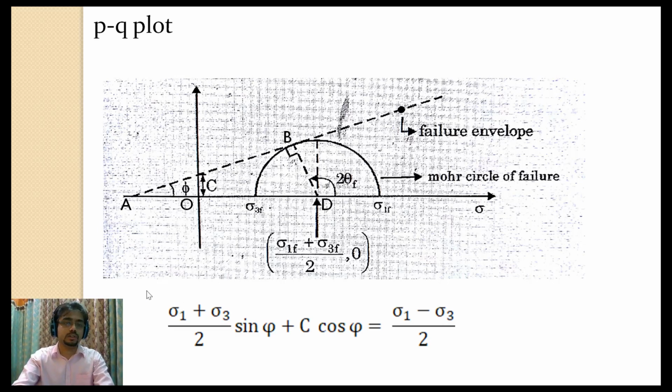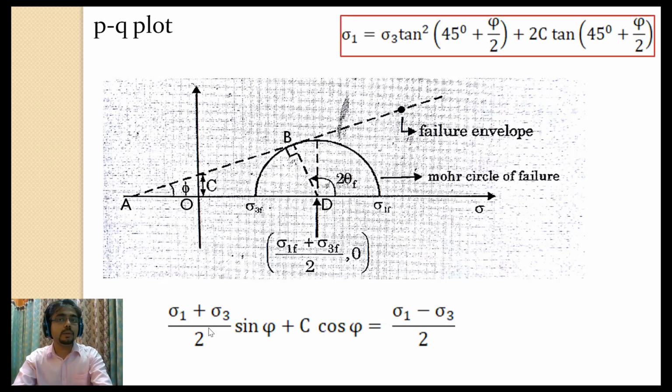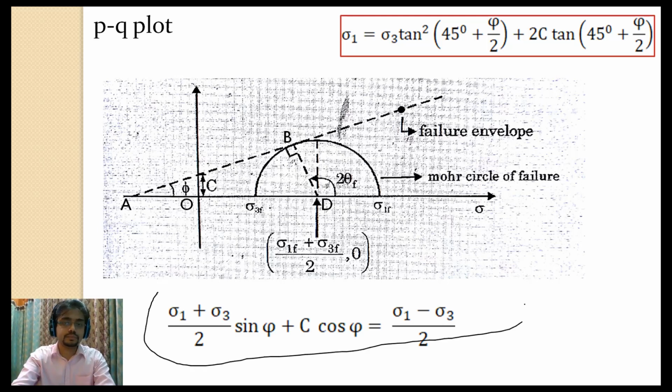The equation is given here at the bottom. So this equation should always be known to you. Why? Because this equation was derived when we were deriving the equation between sigma 1 and sigma 3, that is, sigma 1 equals sigma 3 into N phi plus 2c into root over N phi. When we derived this obliquity equation, this bottom equation came into our figure. So for deriving this equation, we must refer to this figure.